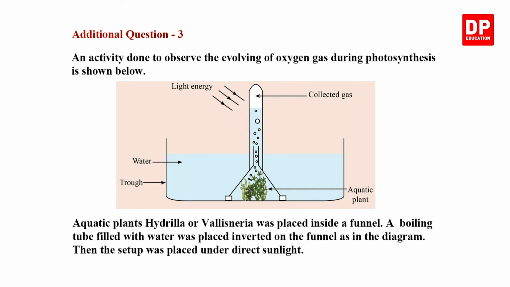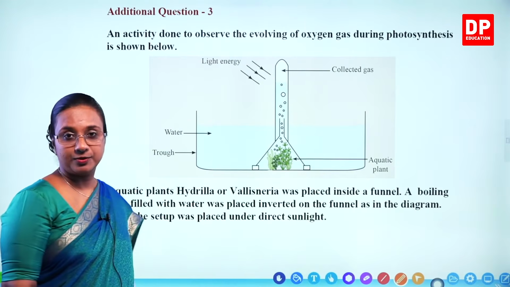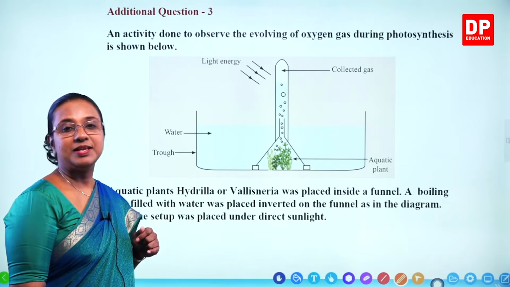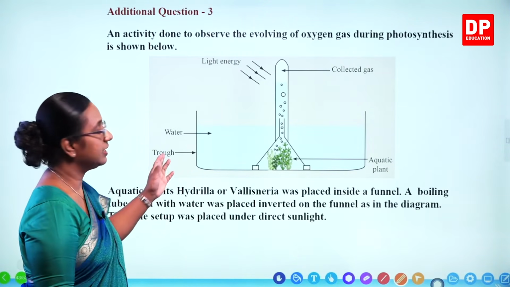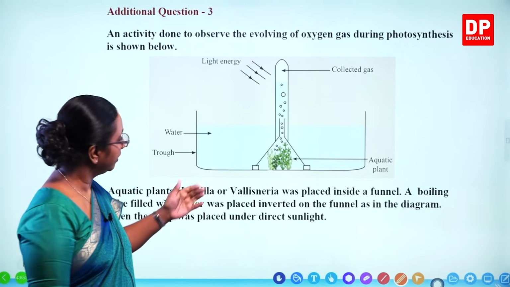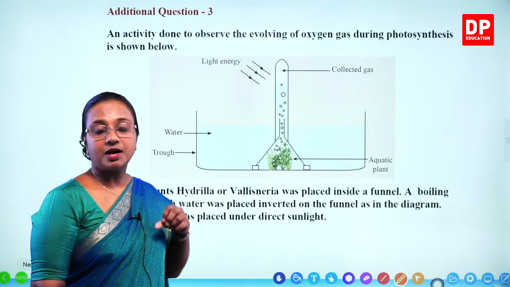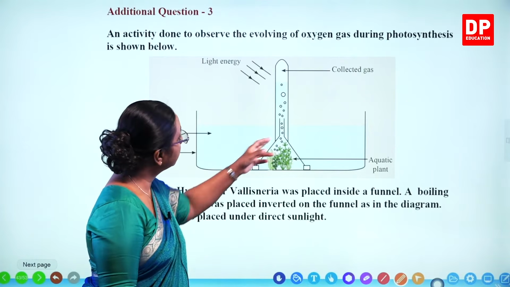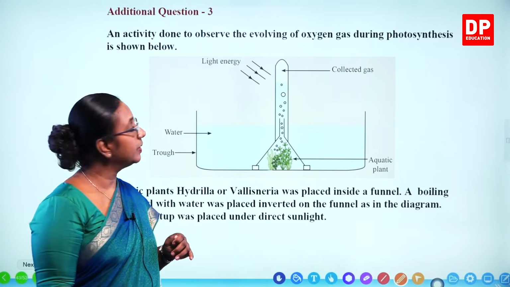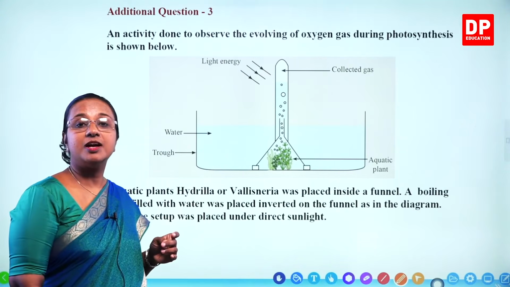Additional question 3. An activity done to observe the evolving of oxygen gas during photosynthesis is shown below. You all are very familiar with this activity, students. We did this in the lab. A trough containing water, an aquatic plant, and a funnel covering the plant. A boiling tube is inverted over it and a gas is collected at the top when there is enough light